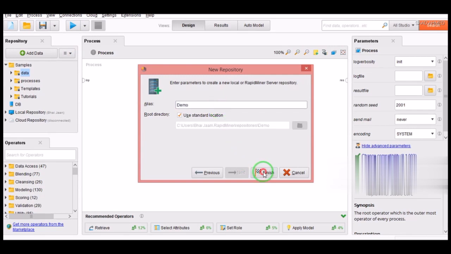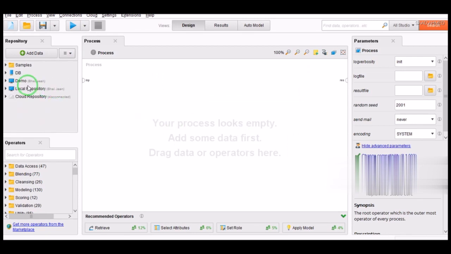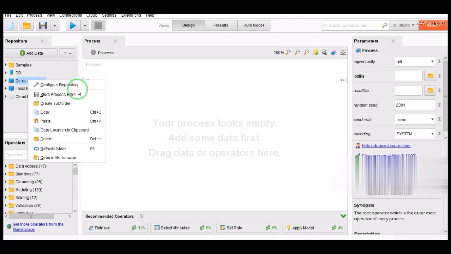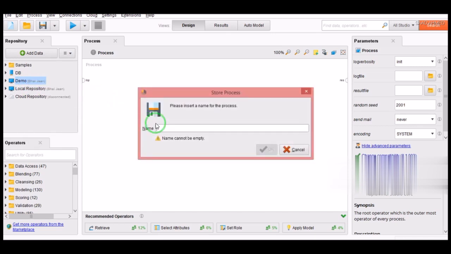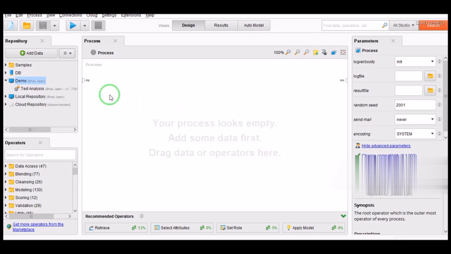and finish. Once the repository is made, you can right click on it and you can create a store process, and the name of the process can be text analysis, which we are doing, so I'm naming it accordingly. And okay, once you have this text analysis